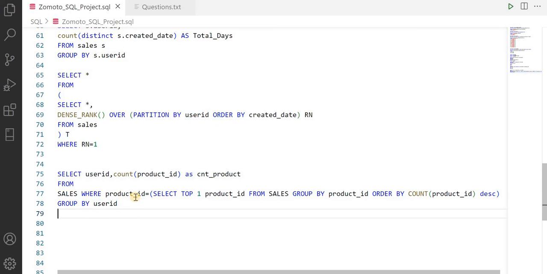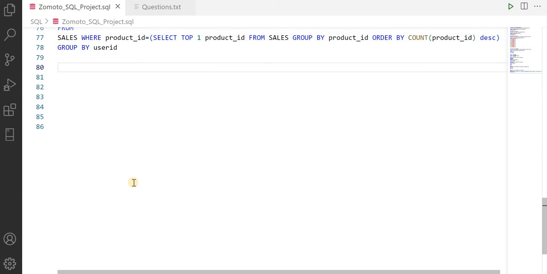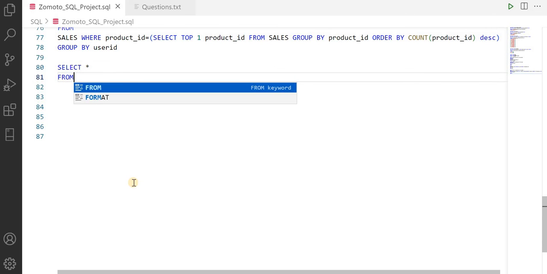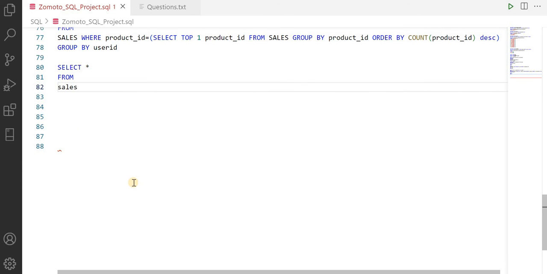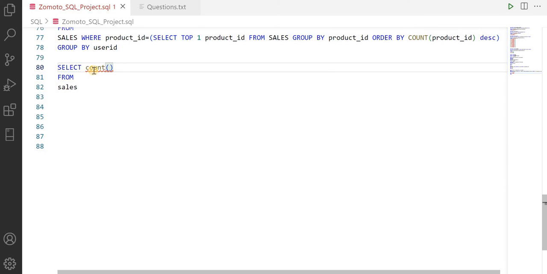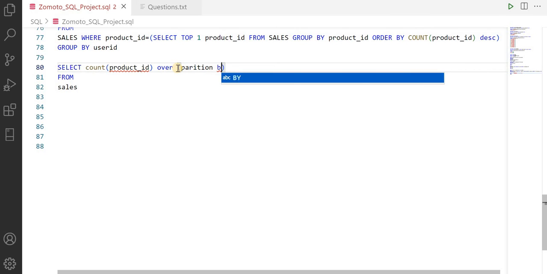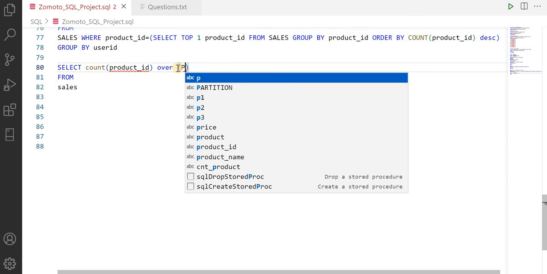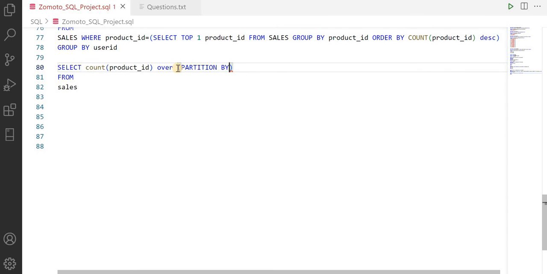So what I will do here, I will write select star from the sales table, so the table name. Okay, and here I will write count, sorry, count product ID, right? Product ID over partition by